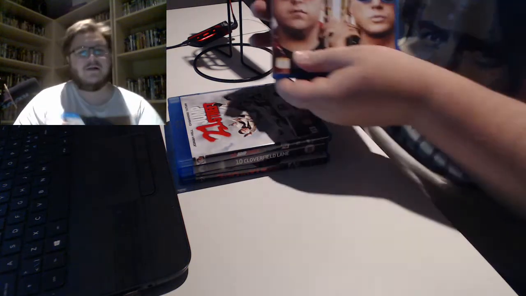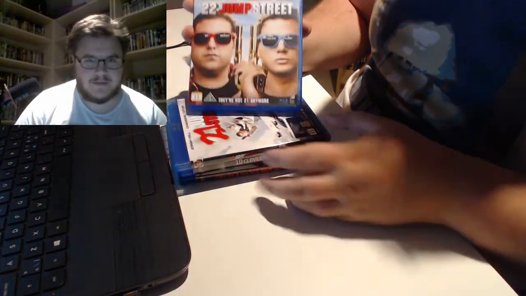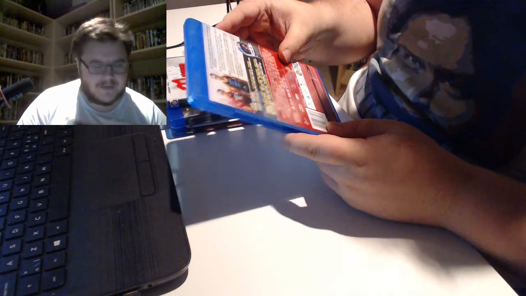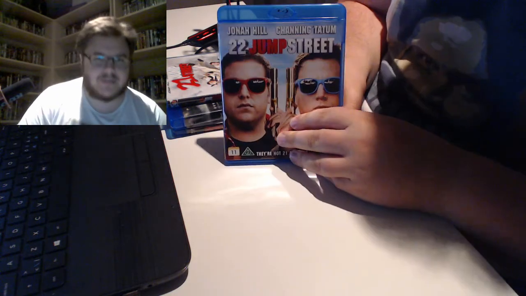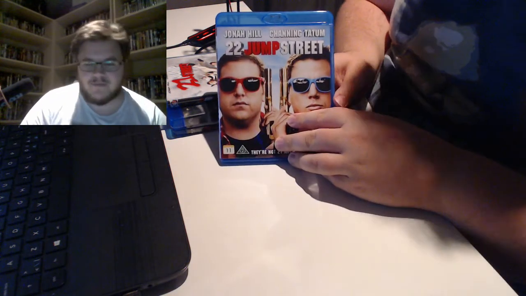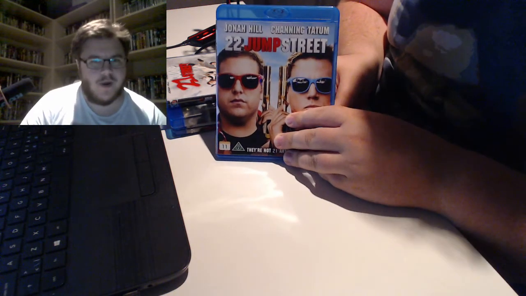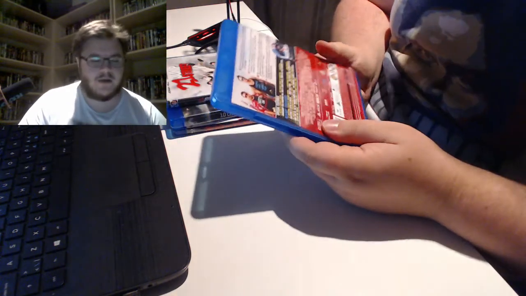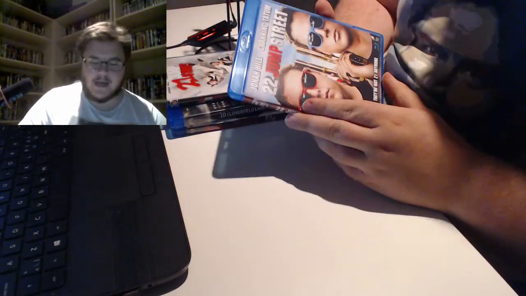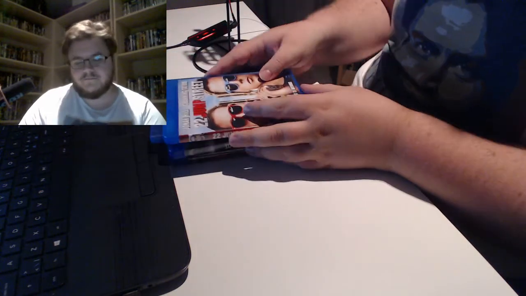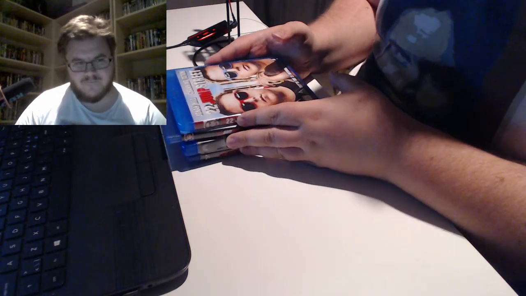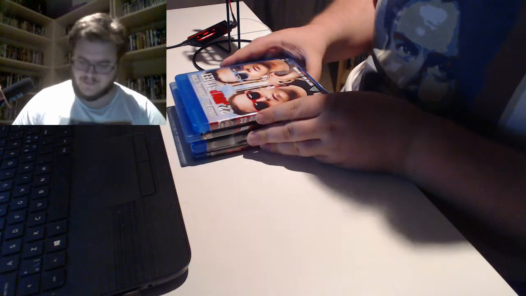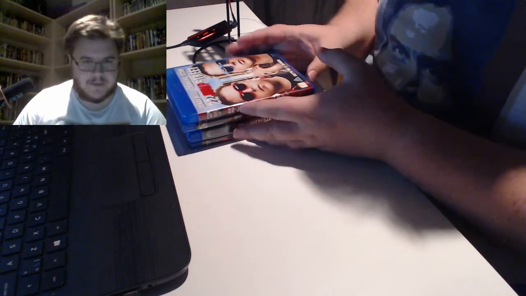So after that, well, you guessed it, it's 22 Jump Street. Same deal here. The special features are a direct copy of the first one, which is kind of the point, because it's supposed to be a cash cow sequel. So it has the exact same special features, but for the second one. And once again, a great commentary track. And I probably prefer the first one. I'm not sure. I think 21 Jump Street is a better one. But they're very similar, and they're supposed to be.